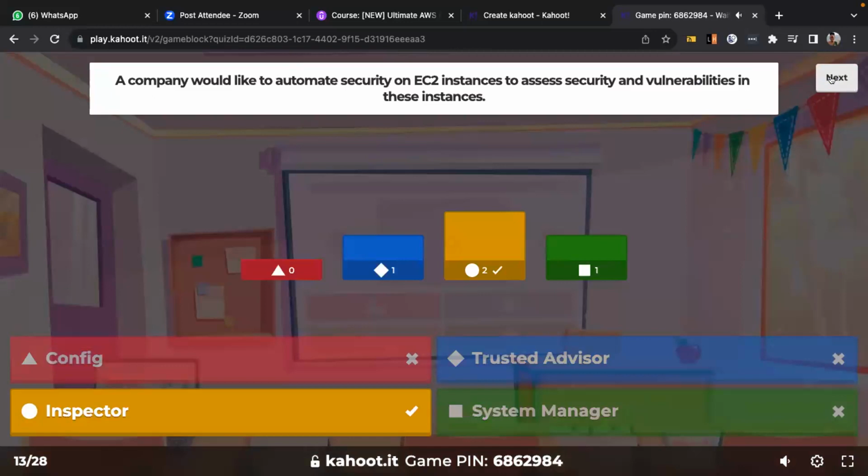Okay, we have Inspector. Yes, 2 people got it right. So as I said, with Inspector, you can assess security and vulnerabilities in your instances.